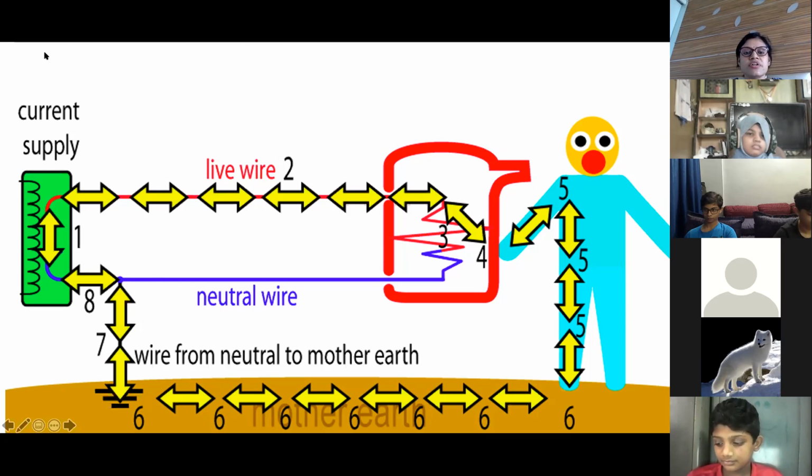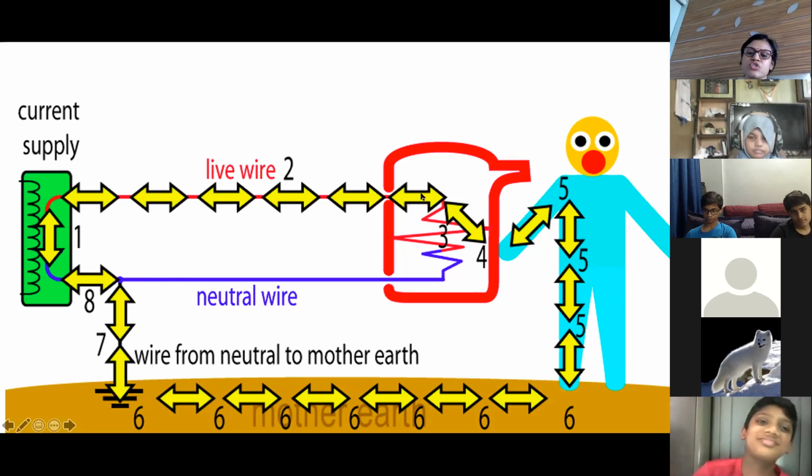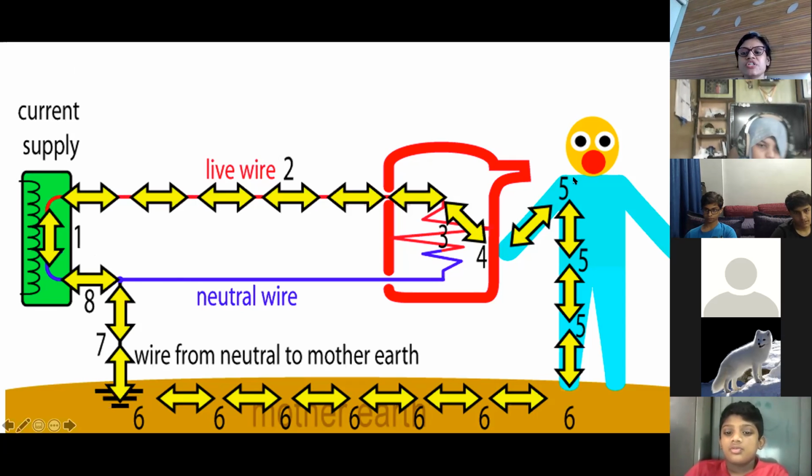Because earthing is zero potential, and all the devices are connected to earth through the plug point, so that if there is any fault in the metallic case or inside the connection, the metallic case gets connected to the live potential, and if you touch it, you will get a shock. But if the earthing connection is there, even if you touch it, you will not get a shock, because the current goes directly to the earth. Okay. So you won't get the shock. Is it clear? Okay.